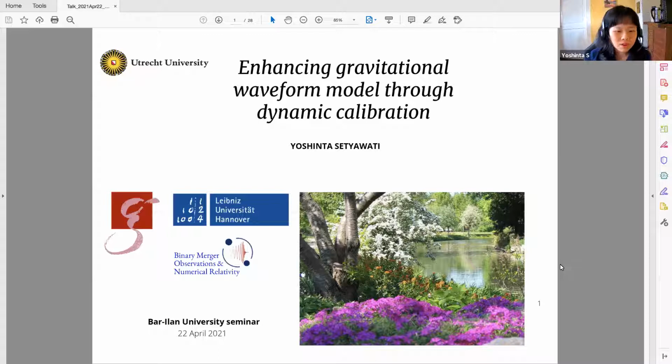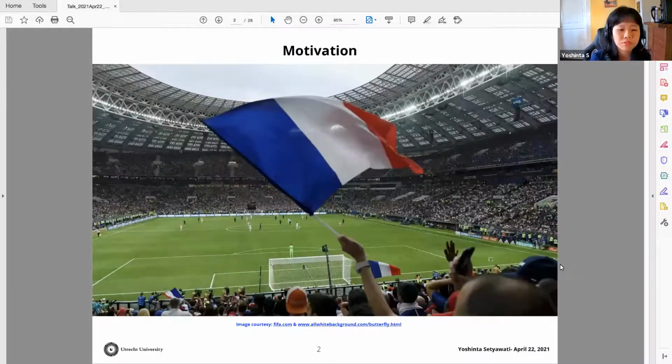So I will talk about our attempts to develop techniques to speed up waveform modeling, and so to generate more accurate and fast waveform models. Most of this work was carried out during my PhD at AEI Hanover with my supervisor Frank Ohme. So to give you a little bit of motivation,